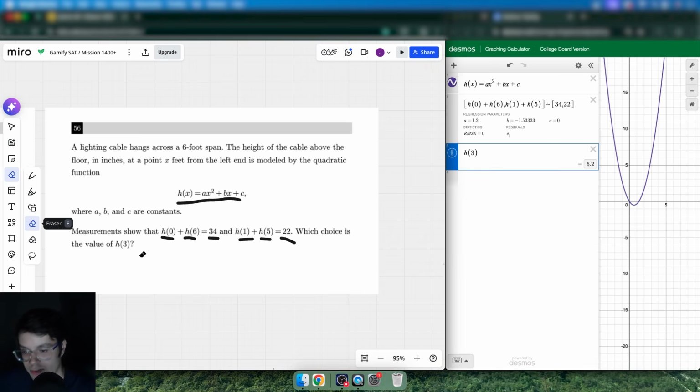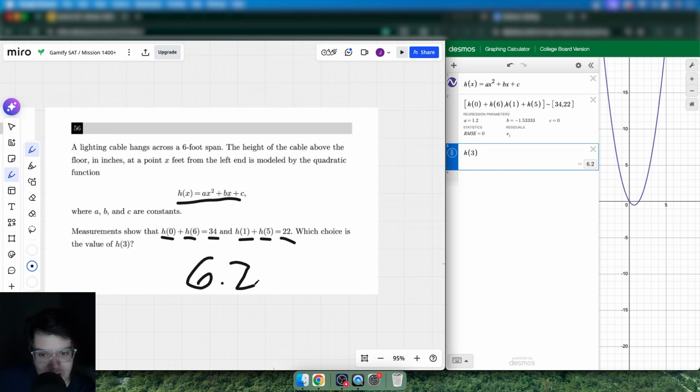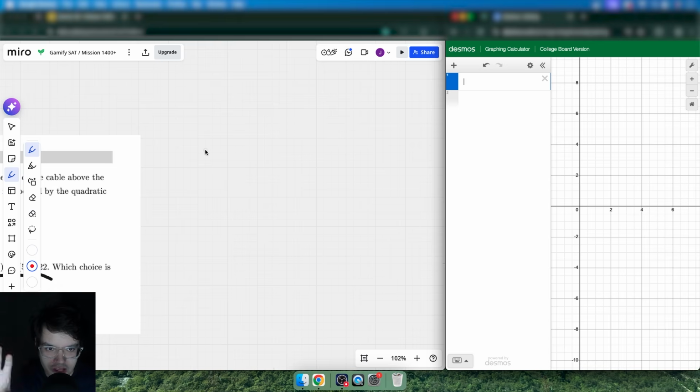So 6.2 must be the answer for this problem. So what could have been a very complicated, very confusing problem is actually low-key kind of simple. Now, before we go on to the other type of regression that you'll see on the test, I mentioned earlier